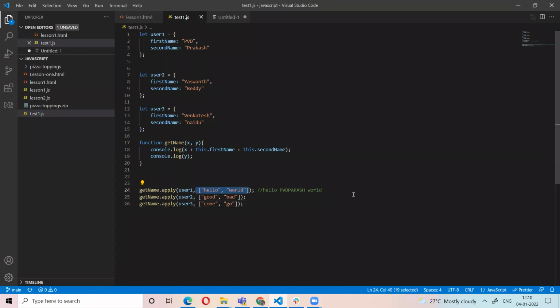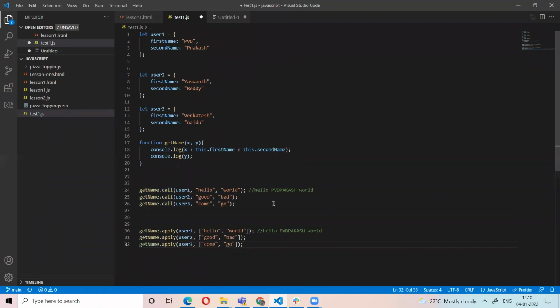Okay, that's good. Sometimes we are confused; we understand the declaration side, but in terms of output most developers are not sure. That's why I am asking this question. Here I pass comma separated, here I pass the array.